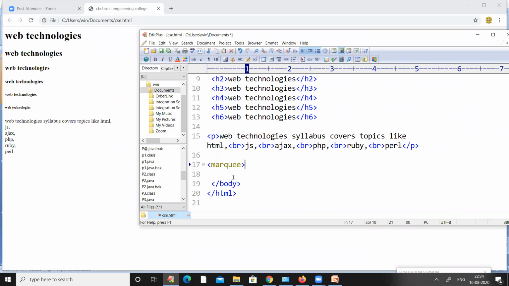We already saw this in the first session, and in the second session also I gave some explanation regarding the marquee tag. If we want to scroll some text on the output screen, we can use this marquee tag. I gave an example in the previous session also.